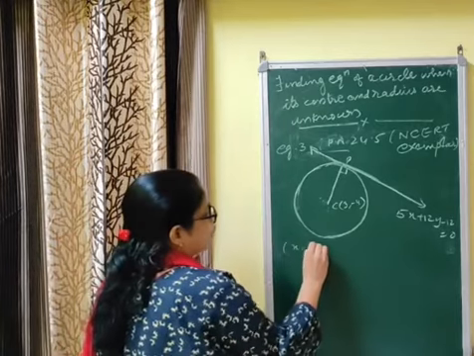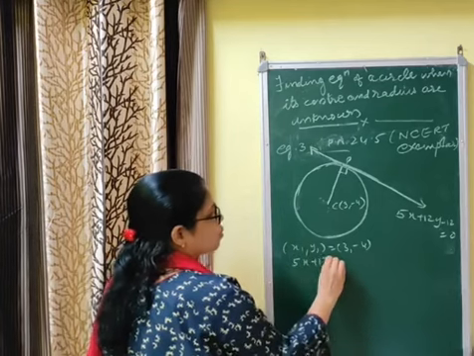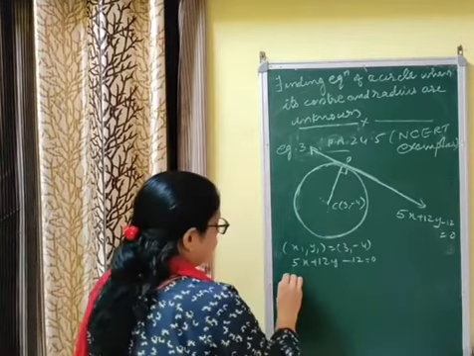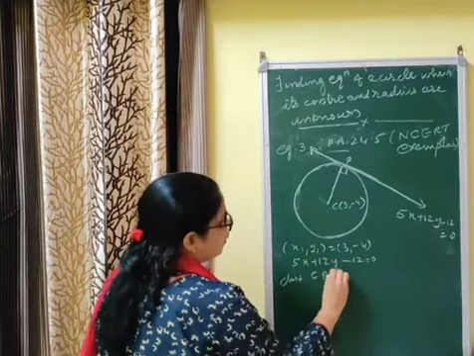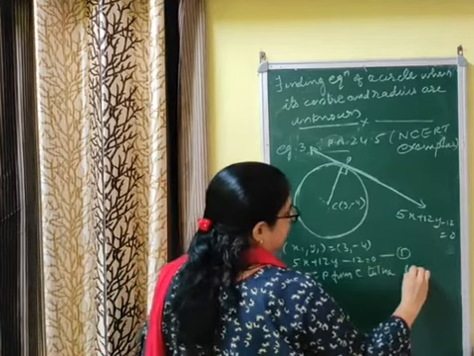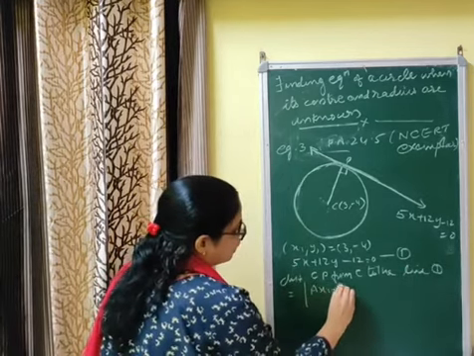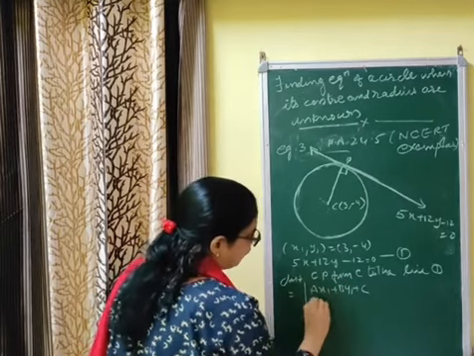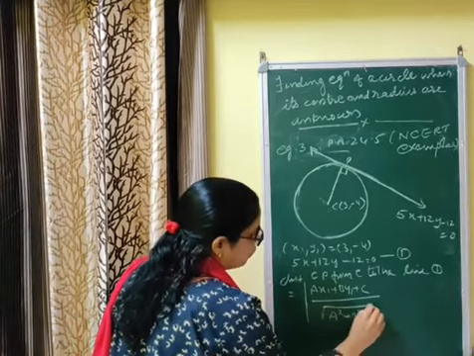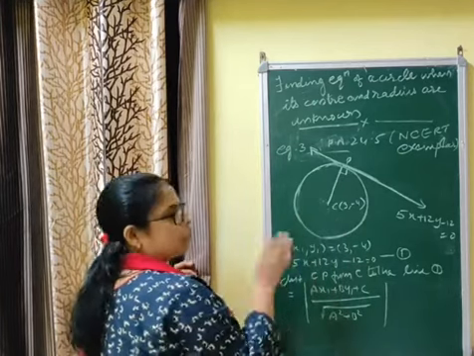Here (x1, y1) is (3, -4). The given line is 5x plus 12y minus 12 equal to 0. Let me check once more. Question okay, right. Now the distance CP from C to the line, let it be equation number 1, to line 1 is equal to, first of all write the formula, mod ax1 plus by1 plus c upon root a square plus b square. By finding this, we are going to find the radius of the circle, then you can easily use the central form.